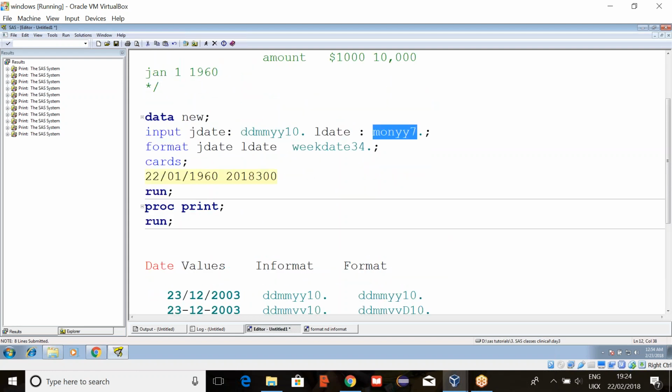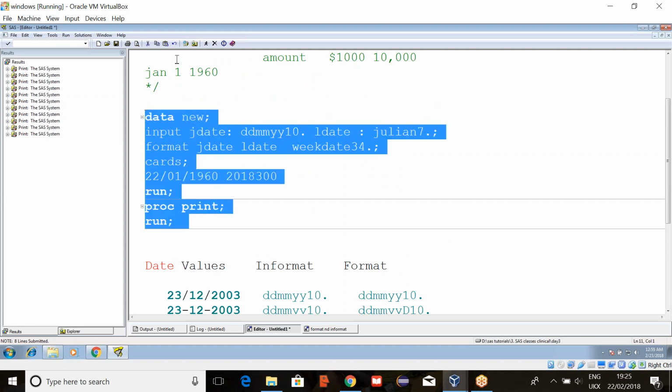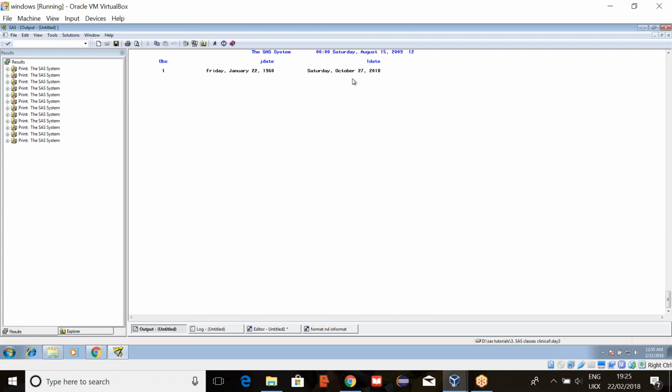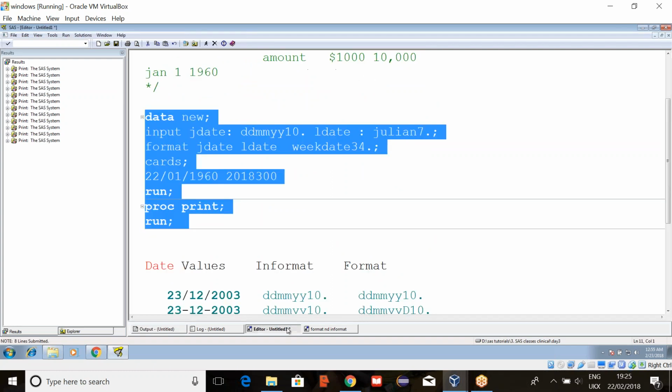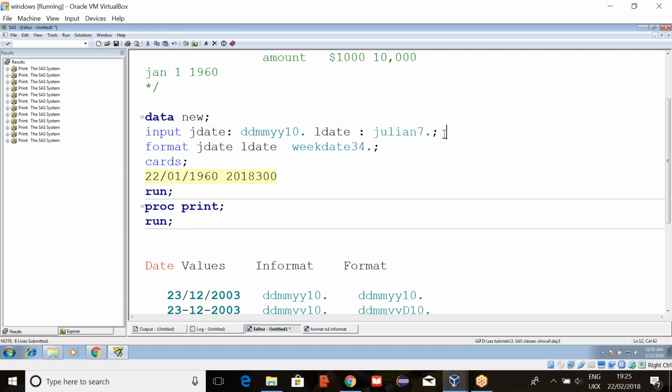That means it has completed 300 days, means it may fall on either October or November. October 27th. Okay. This one we won't use in real time, even word date and week date also we won't use, but week date and word date are important for your certifications.